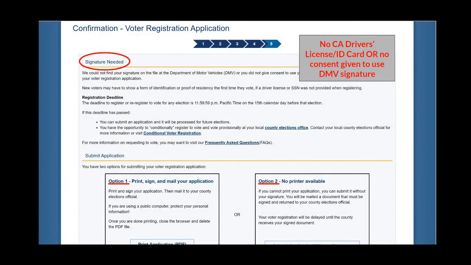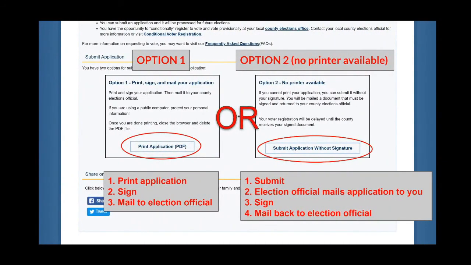If you did not enter a California driver's license or identification card number, your confirmation page will say Signature Needed in the upper left corner. If this is the case, you have two options for completing your application. Your first option is to print out the application by clicking on Print Application, sign it, and return it to